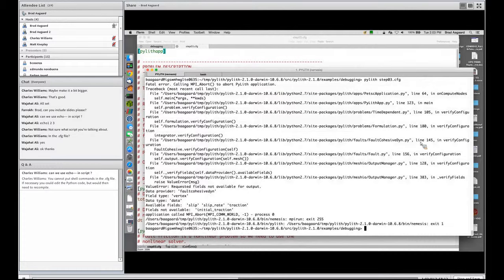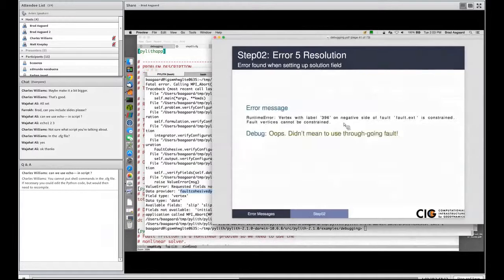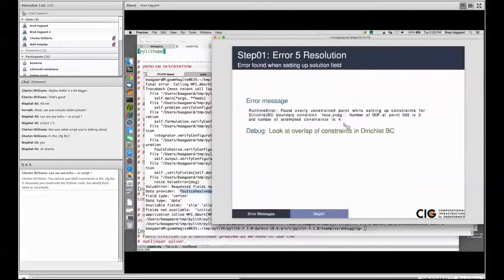And of course there's an error. So here it says, requested field is not available for output. It was in the fault cohesive dynamic. So let me review with you quickly what we're trying to do in this example. So if I go back to